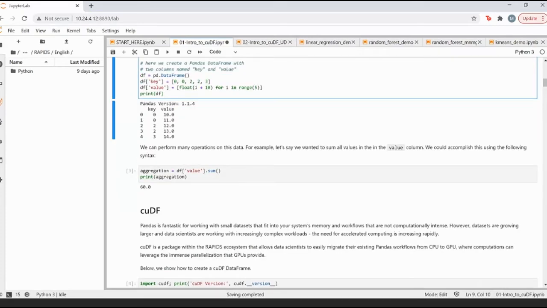Now, a lot of the times you'll have to apply different kinds of operations on top of the columnar values.